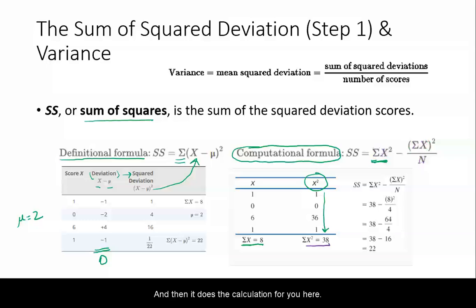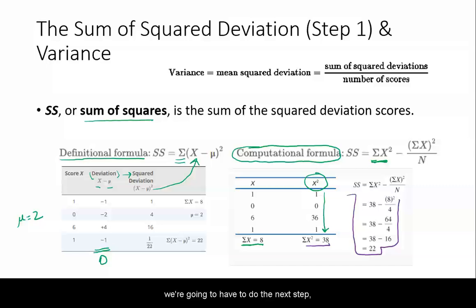There you go. And then it does the calculation for you here. So our variance for that sample is 22. Now remember, that is the squared deviations. So our scores aren't really on average 22 points apart. Clearly it's 1, 0, 6, 1. So if we want to know on average how far apart those scores are, we're going to have to do